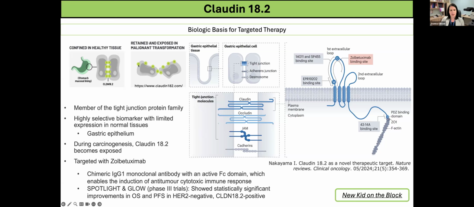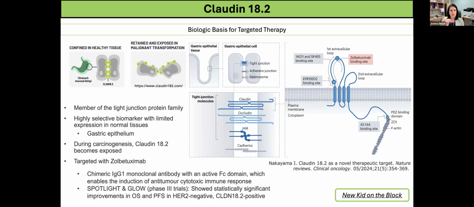But once a cell goes through carcinogenesis and becomes a cancer cell, the Claudin 18 can be retained on the surface of those cells, and it is also exposed because the tumor cells no longer stick to each other in the same way as native epithelial cells. And in looking at more detail at the protein, there's a loop with a couple of binding sites where antibodies can be used to target that particular